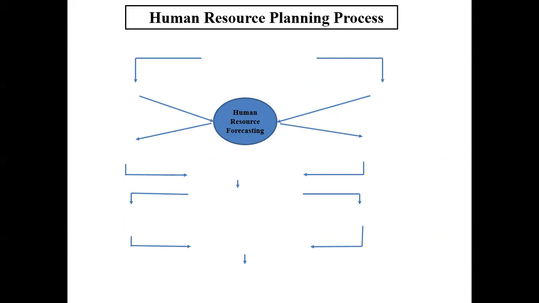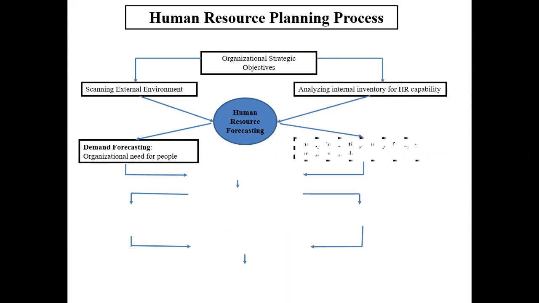So we are now going to consider the processes or the steps, or if you like, the stages that we go through when we say we are embarking on human resource planning. And it is called a process because it is not a one-time activity. It needs to go on until a point in the time of the company where they can say they have achieved their set targets or goals. So let's look at the process. The process of human resource planning